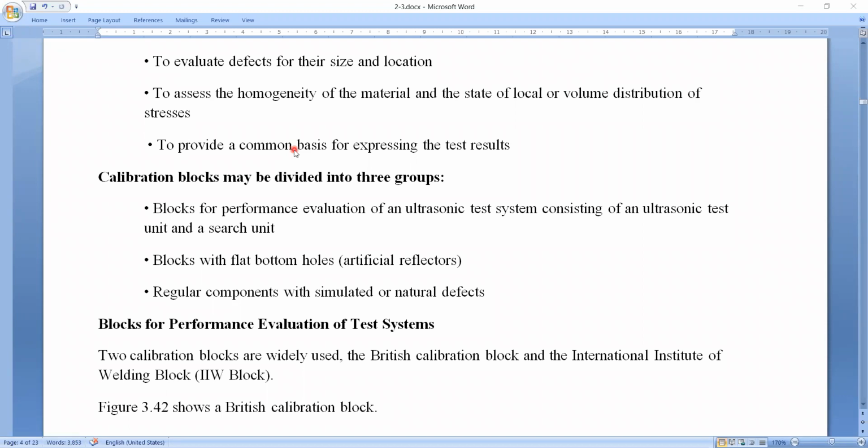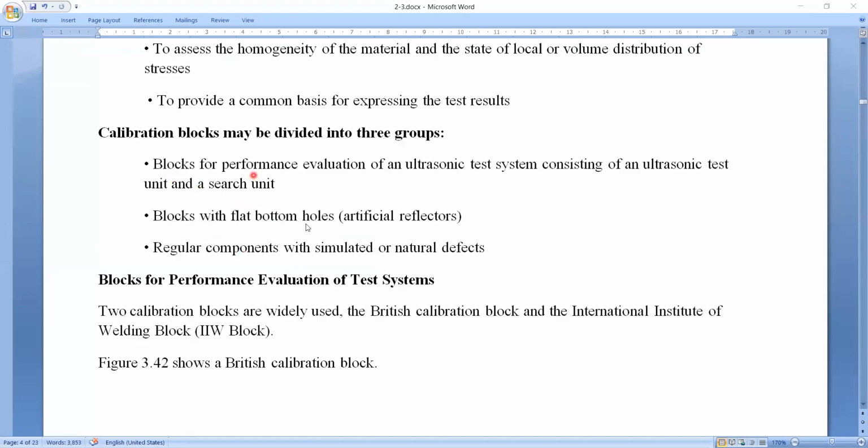This means we use our standards for regular items. Suppose we test a component that has a natural defect inside the object, and we have that information regarding that component. We use that reference for testing a similar object, another object. Based on the echo form in the testing, we have to predict and interpret the flaw by comparing the results with the similar one we have. These three are what we use for calibration.